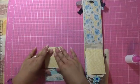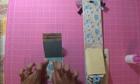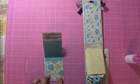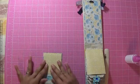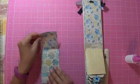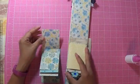So there's your waterfall. And the reason why I only do a few is because you may want to put a picture down here, or you may want to put a journaling card or something, so you can tell all about your photos that you post on here. I really am glad that I came up with this idea, because not only can you put all of your photos